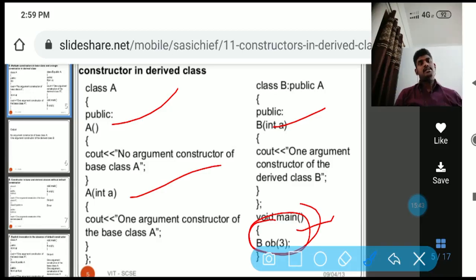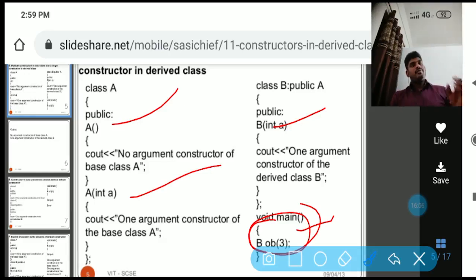So this is how constructors work from base class to derived class. One more thing we have to understand in the inheritance concept: a derived class constructor can access only the data members of the derived class.